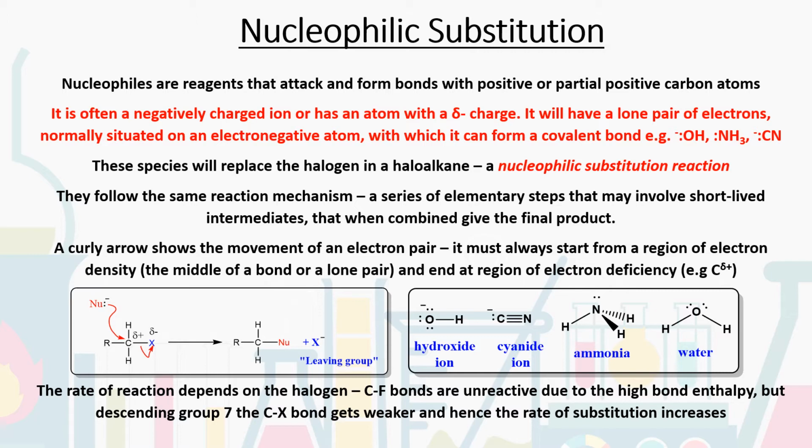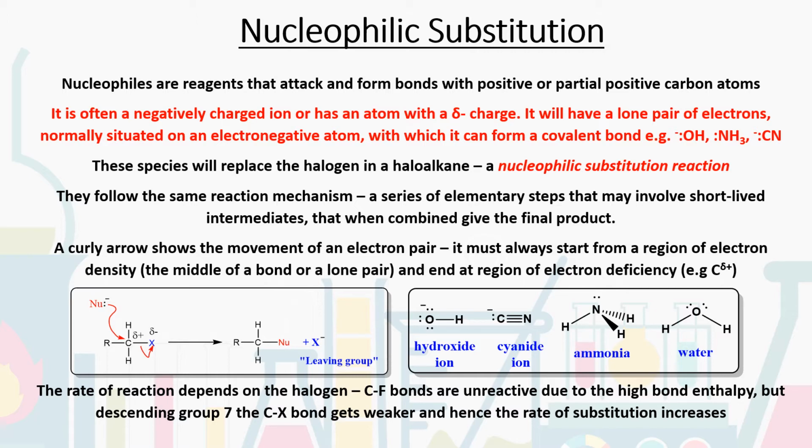But the overall arrow pushing of the mechanisms is exactly the same. Remember that when we're drawing mechanisms, we have to show curly arrows. Curly arrows show the movement of an electron pair, 2 electrons, and they always start from a region of electron density. So that could be a lone pair, a negative charge, the middle of a single bond or a double bond, some region of electron density, and they end at a region of electron deficiency. So they always move from high electrons to low electrons essentially, and so they end at